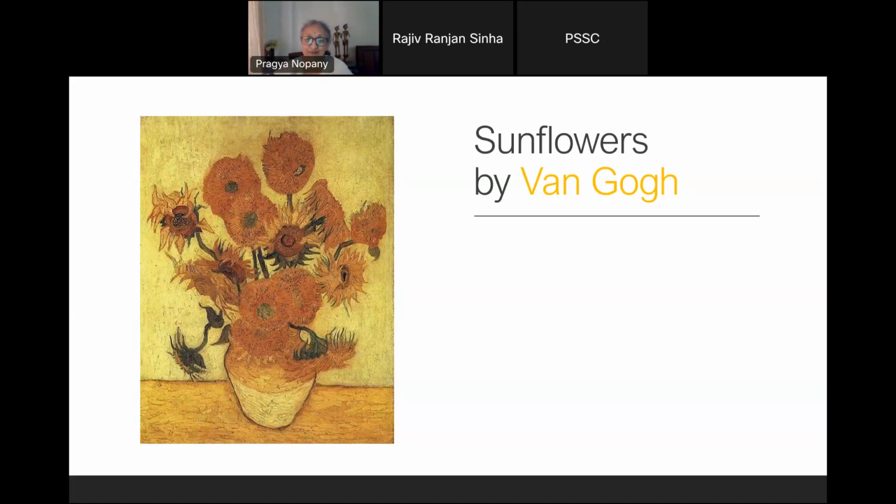Could you write in the chat box what you think could be studied scientifically about these flowers? Somebody is writing different kinds of flowers. Okay, life is an art. No, moods. No, no, no. I'm not meaning it as an artistic appreciation. I want you to tell me what scientific thought this painting can generate. Different kinds of objects, flower texture, sunlight, bloom.